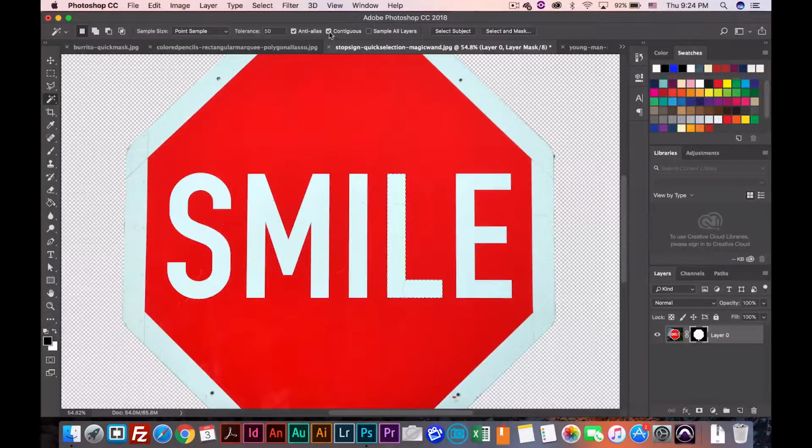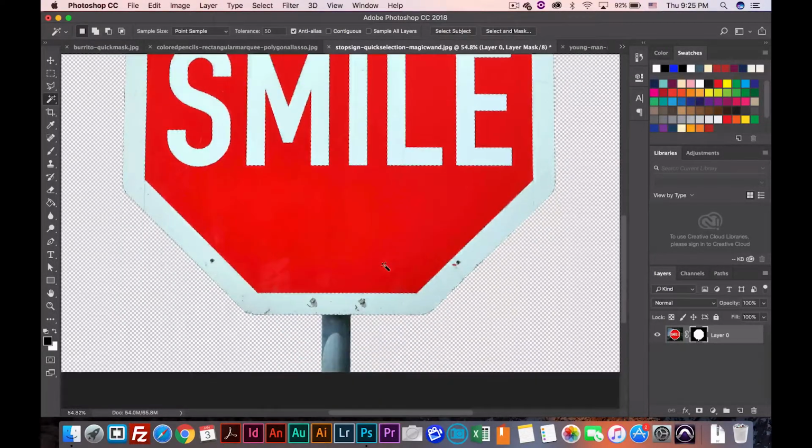That's because up here in the options bar, contiguous is checked, and that means everything that's connected to that same color will get selected. But if we uncheck it, now when we select, everything that is that color gets selected. As you can see, even the outside of the stop sign gets selected along with that. Each letter gets selected because it's this range of white, and the outside does. However, some of these little screws and some of the scratches on the stop sign don't get selected,